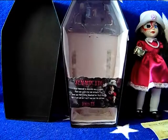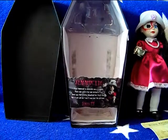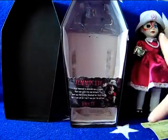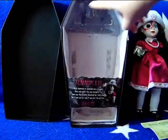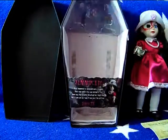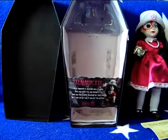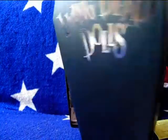And I'm back with my Jennocide doll here, and I have unboxed her, as you can see. But first, before I show you her little details, I will show you some more of the box. As you can see, you can actually put the doll back inside if you want to, so that's not a problem. It has some cardboard and some white paper, so that it will give you the look of an actual coffin. And I have already shown you this little piece of paper which has the little poem on it, but the lid of the box, well, you already saw this part of it,